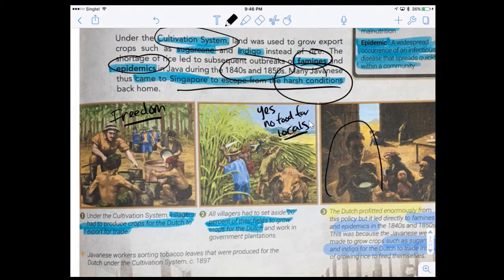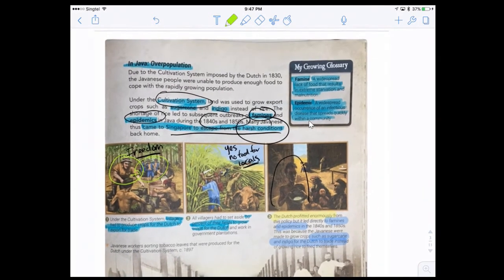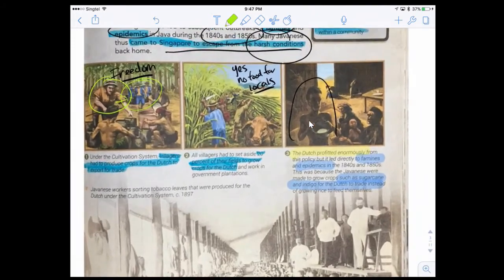So continuing on, you will see that it's because people don't have enough food. The Dutch mistreated them. Dutch masters here, this man mistreated the locals. So the poor locals have not enough food, hence they are driven out of their homeland to look for places where there's food, where they can grow crops, where they do not have to listen to the Dutch people. So that is why they left for Singapore. And this is one of the reasons why people came to Singapore to work.